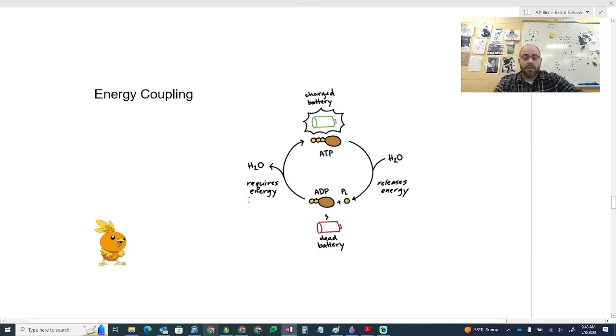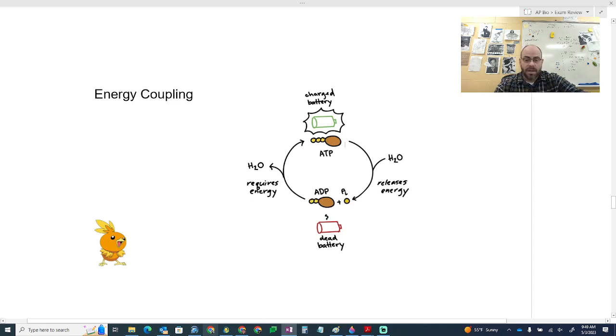Energy coupling has to do with two reactions being necessarily paired together. Photosynthesis and cellular respiration are two great examples of this that every biology teacher is going to talk about. Here's another one, talking about the creation of ATP. ATP is a molecule that represents the energy currency of the cells, and the reason it has